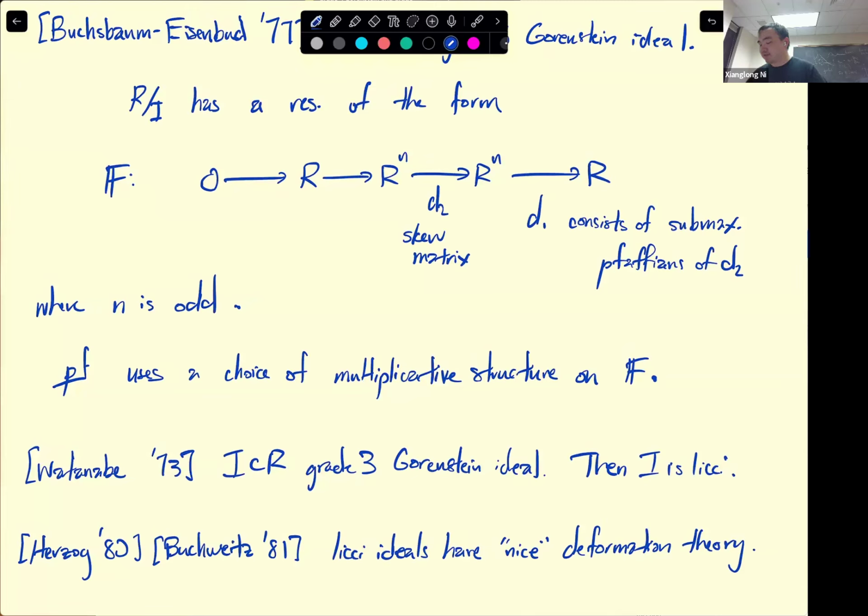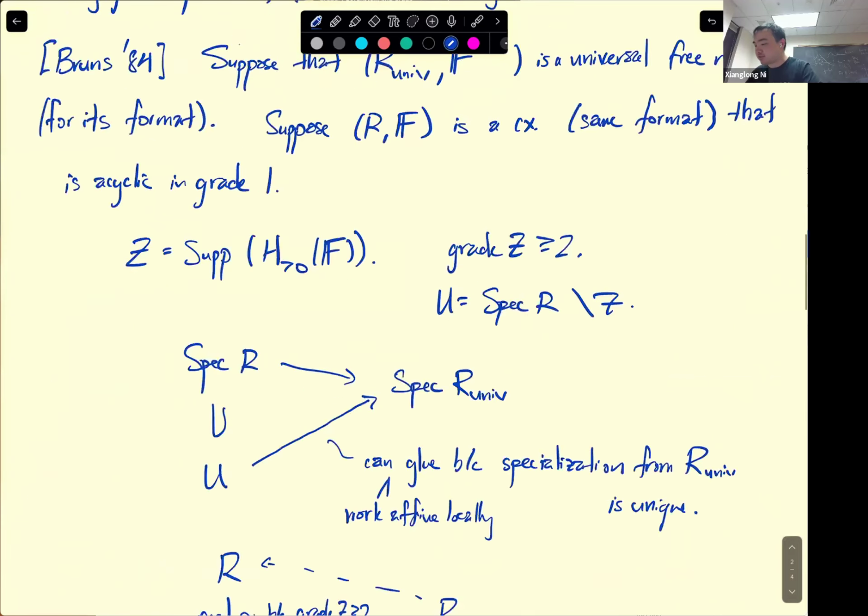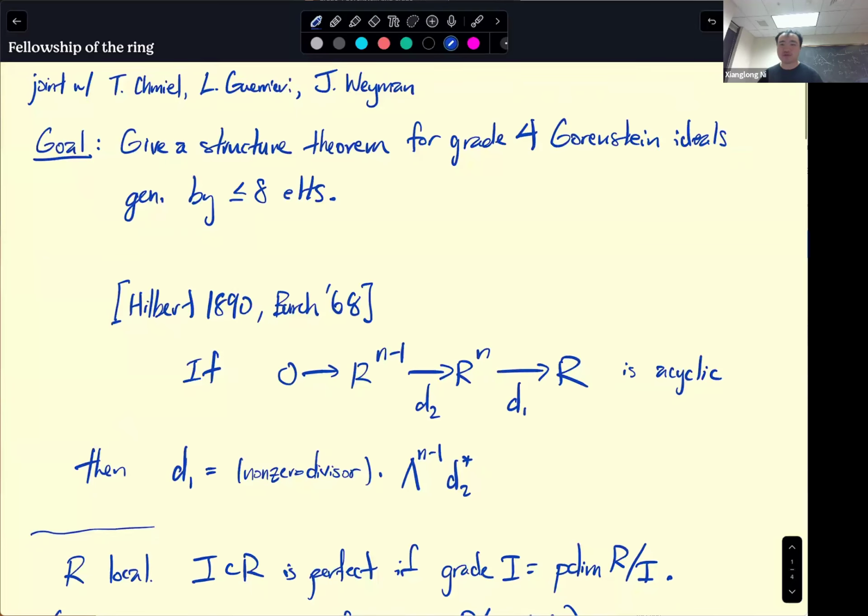And okay, so now that I've gone this far, I want to go back to the original goal that I stated I was going to try and do in this talk, which was to get a structure theorem for grade 4 Gorenstein ideals generated by at most 8 elements. So now that I've stated Buchsbaum-Eisenbud, that's sort of what I have in mind as far as structure theorem goes. So the other thing I wanted to explain is why there is this at most 8 elements condition,